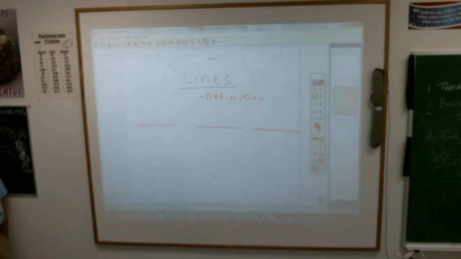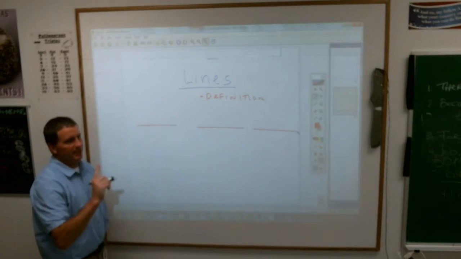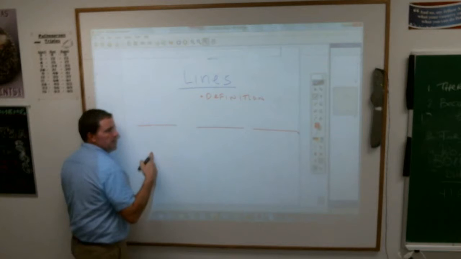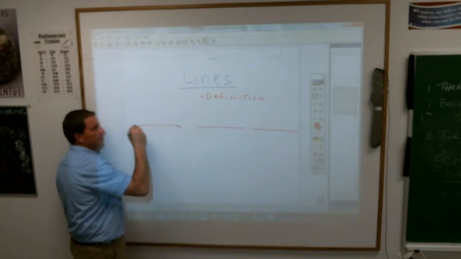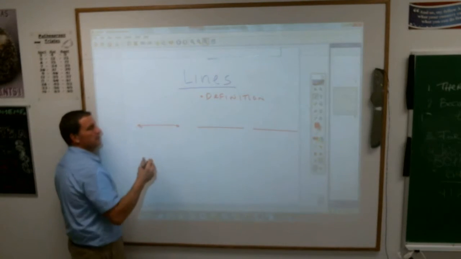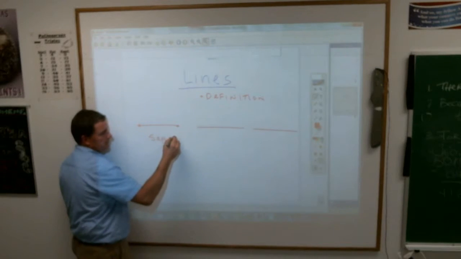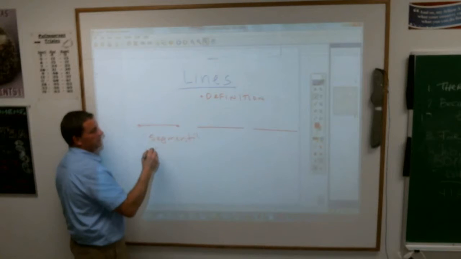Elijah says those are line segments. Why? Because they have a beginning and an end. Usually, we make a little endpoint. We either put a point on the end, or a dot, or a dash, or something. But if it has a beginning and an end, that is a segment, or a line segment, which would be the same. It has a beginning